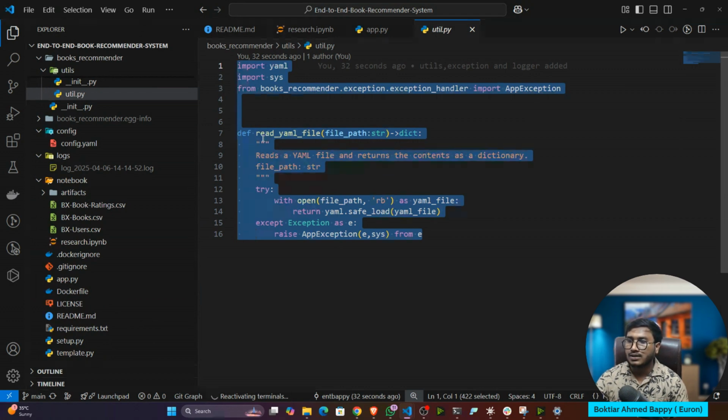Which one is the best? Writing this function everywhere or writing it in one place and using it everywhere? Right. So this is called modular coding. What is modular coding? Modular coding means code reusability. You are reusing the same code again and again. Got it?